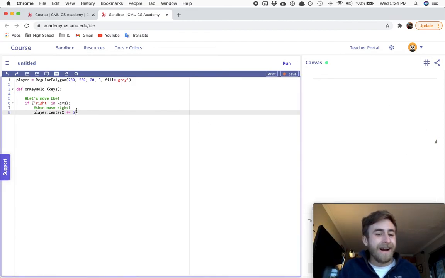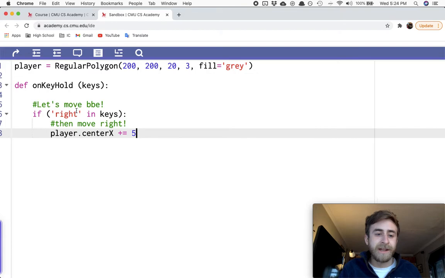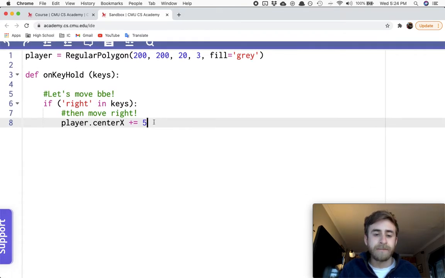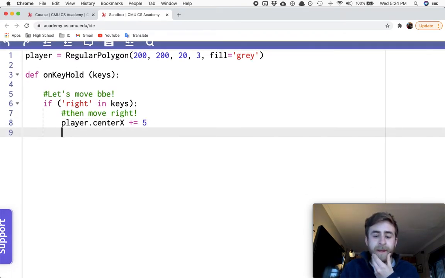All right, let's get the rest of this functionality and then see where we want to go from there. Now, there is going to be a distinction here between if or elif, if I want to have multiple ifs one after the other, or if I just want to do elif. I think for this video, I'm going to use elif. Only one of these things is ever going to happen on OnKeyHold. So I'm going to say, all right, else if